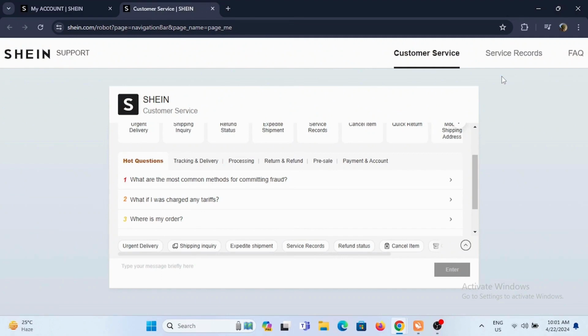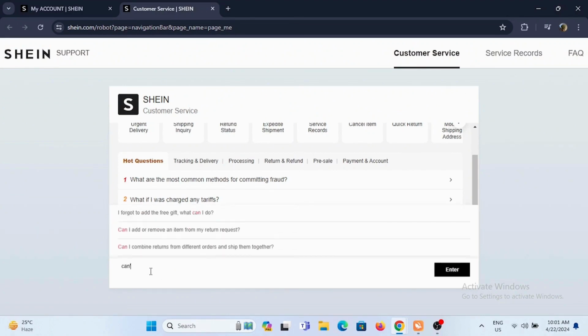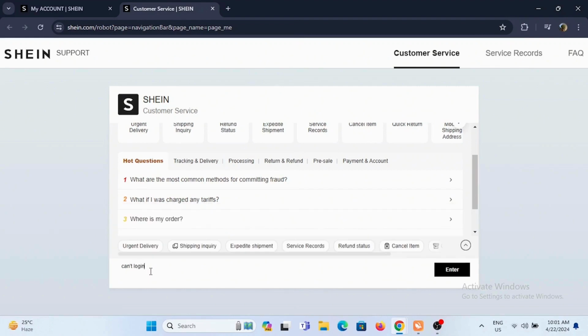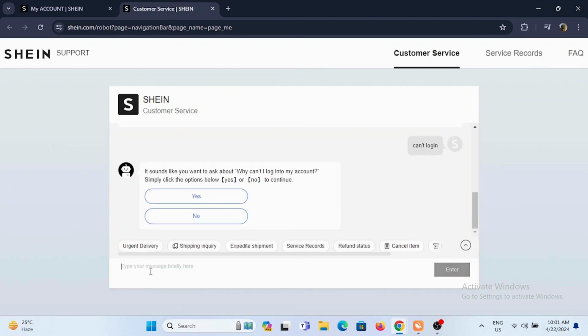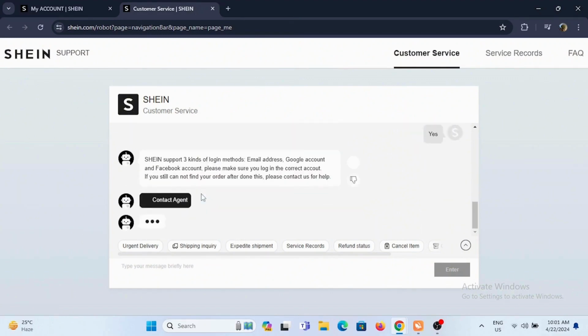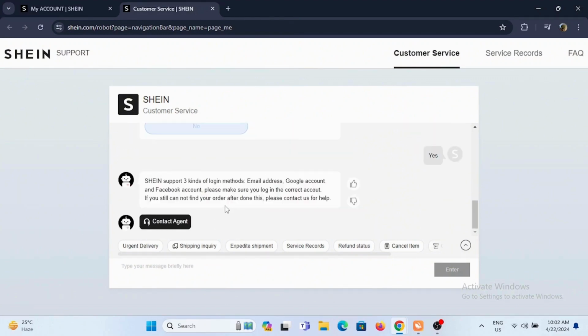Now you can select the pre-prompt text from here, or in this box go ahead and type in "can't log in" to your device. So if you go ahead and give it a send, the bot will help you through the solution and you'll be able to log in to your